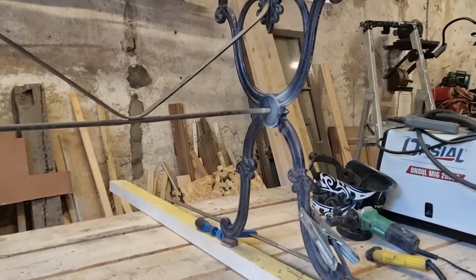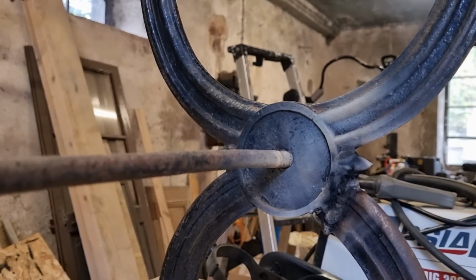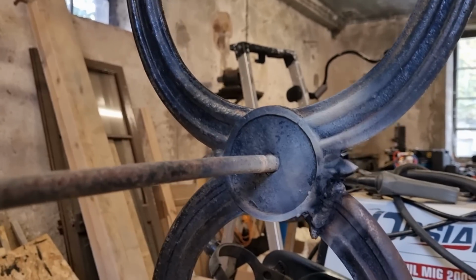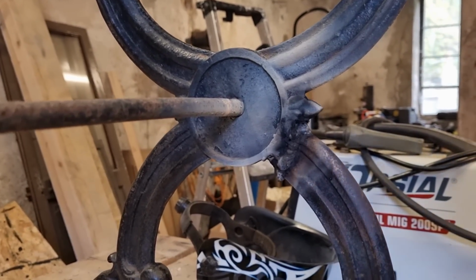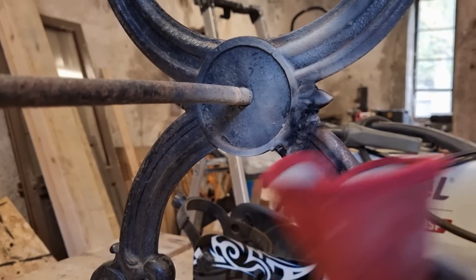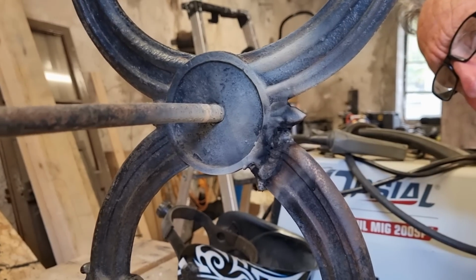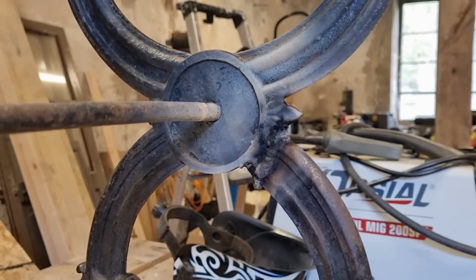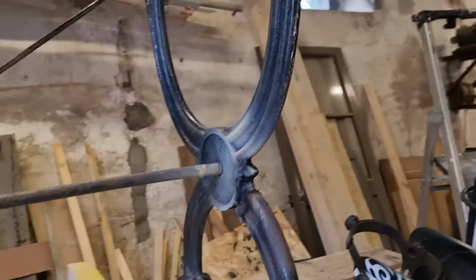Right, Tony's finished the welding. Oh yeah. Unfortunately, cast iron never looks very smart. Can you have a go at that with the Dremel thing? No, I'll just use my grinder. Just get the big bits off. But I don't want to take away the integrity of the weld, which is the build-up around the outside. Yeah, I know. But on the outside you could tidy it up a tiny bit, can't you? Yes. It's never going to look great, but...